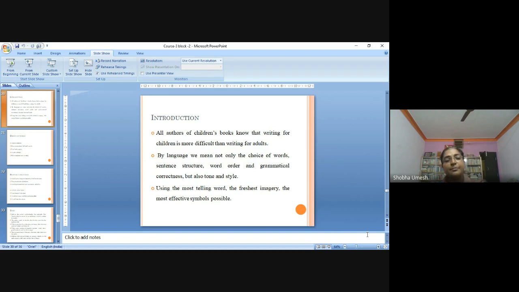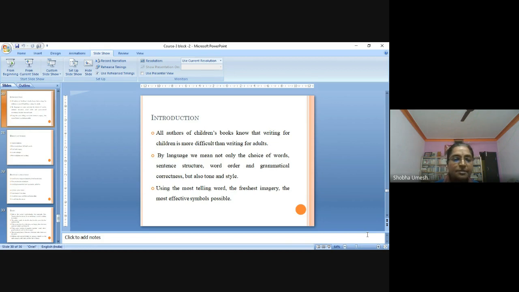By language we may mean not only the choice of words, sentence structure, word order, and grammatical correctness, but also tone and style is very important. See, tone also plays a very important role. The grammar we use should be very simplistic, and it should not consist of figures of speech or grammatical